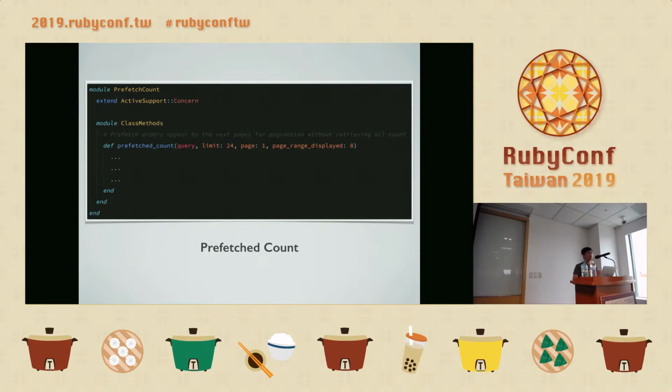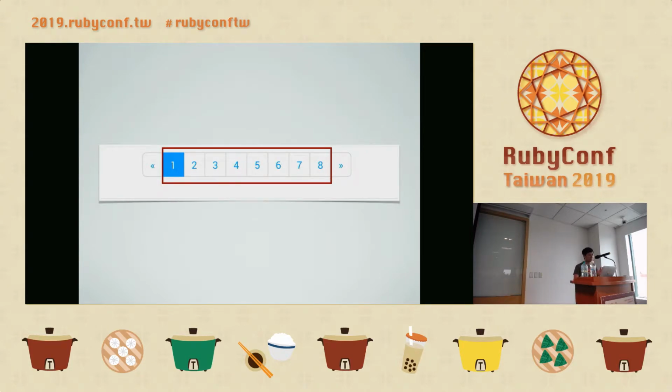I came up with a solution: if we can limit the number of records we count, we can actually regain the performance back from large dataset records. Imagine we are showing 10 records per page, and we only want to display a maximum of 8 pages in your page navigation view. What's the point of issuing a count query on all datasets? Why can't we just fetch the maximum of 80 records instead? And this kind of approach really works quite well. I mean, keeping those numbers is hard, but we could still make it.